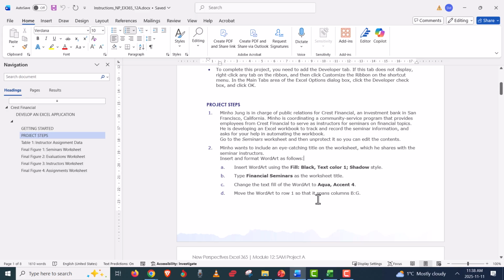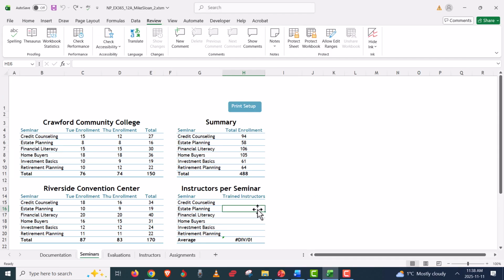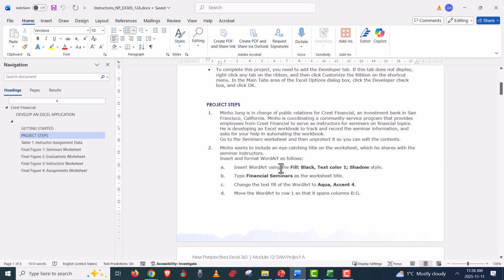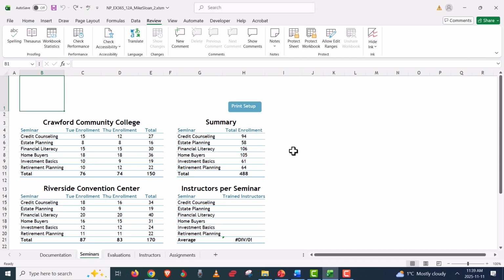So insert WordArt using fill, black text 1, shadow. So sitting anywhere, I'm sitting down here. I would actually go up here. I would go to A1 or B1. And it doesn't specify that in the instructions. It just says insert WordArt, but that way at least it'll start your cursor there. Because once you go to insert,